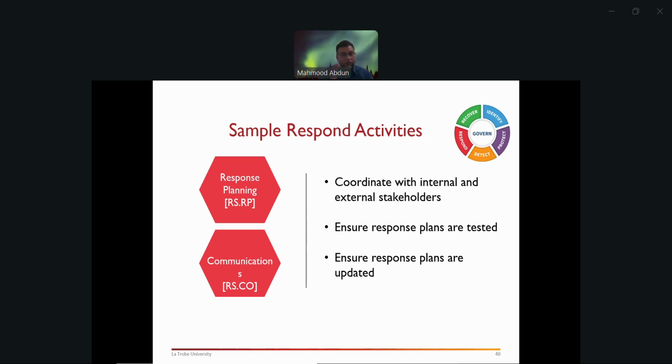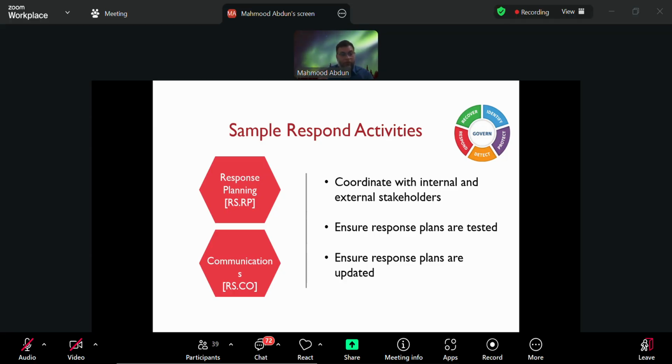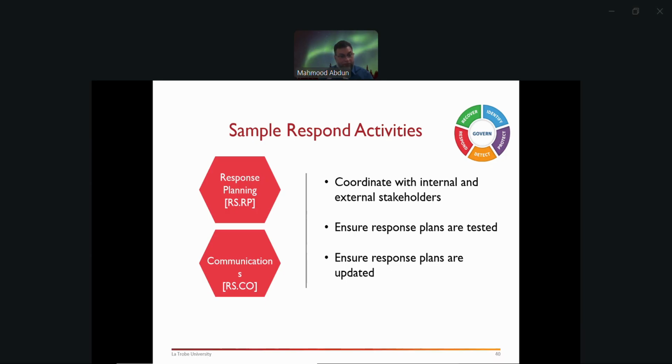So response is the immediate action that you need to do to stop any further attacks due to that incident. Number two, you need to remove those threats, stop similar attacks, and identify the locations and the damages of the attacks, and so on. These are all part of respond.